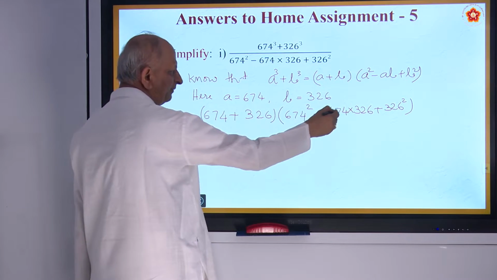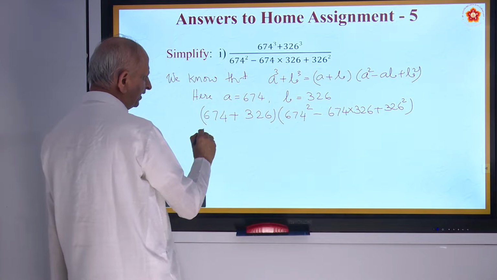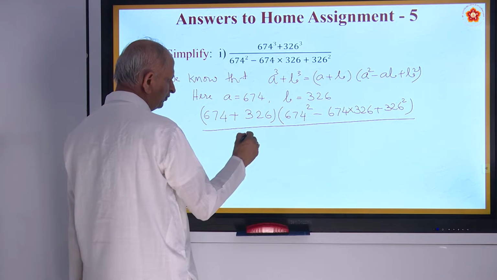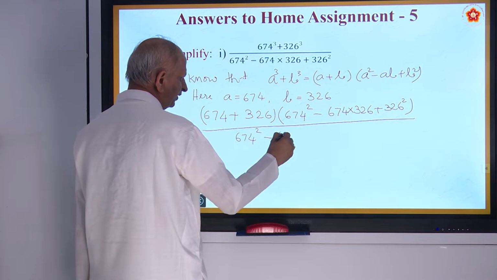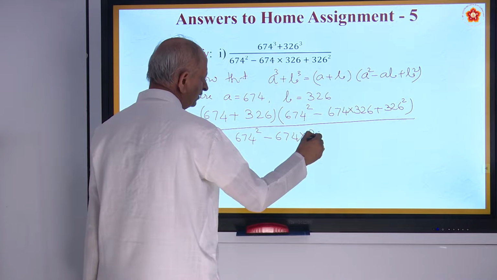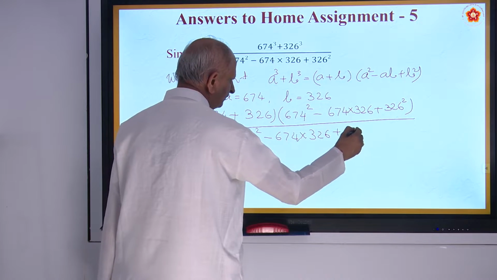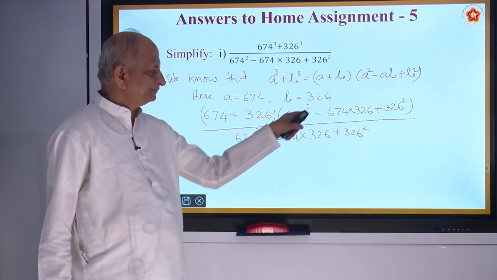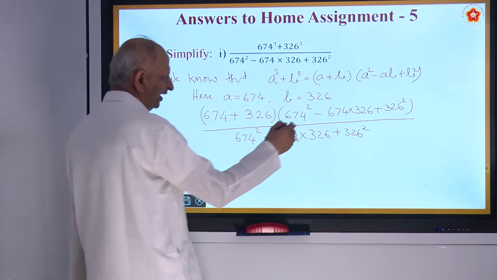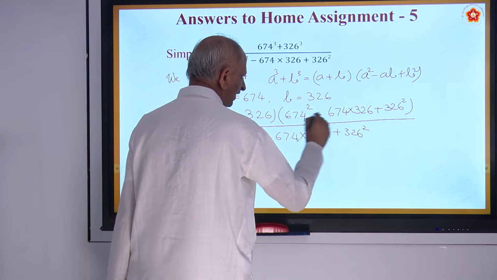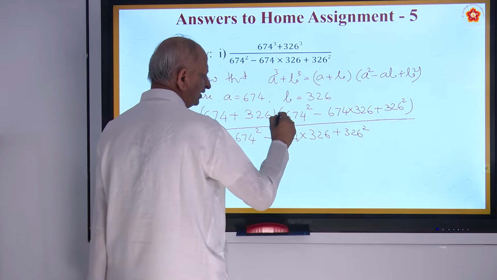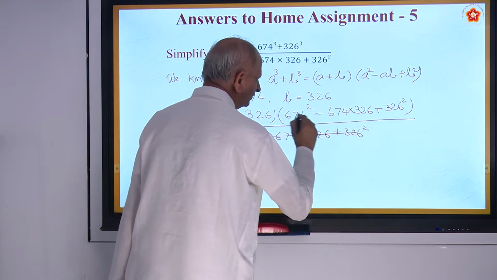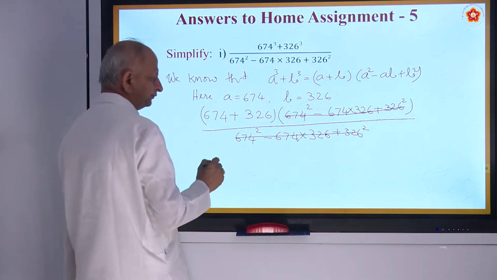That is a squared minus ab plus b square, divided by the same thing, 674 square minus 674 into 326 plus 326 square. So what do you find? These two are the same, so you can cancel them. So this gets cancelled with this. When you cancel this, what remains? You can cancel this with this, and you get